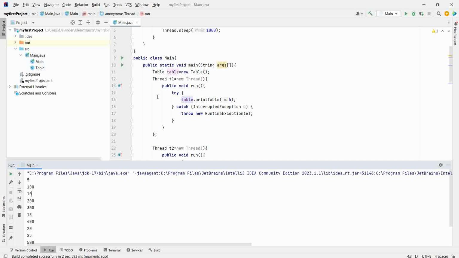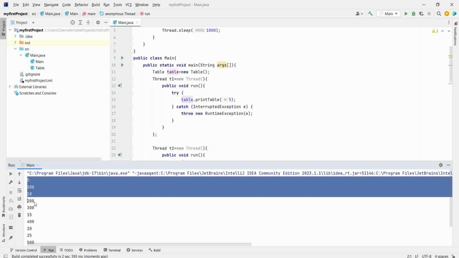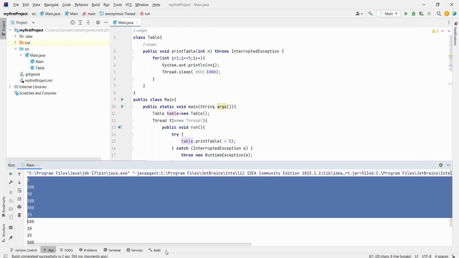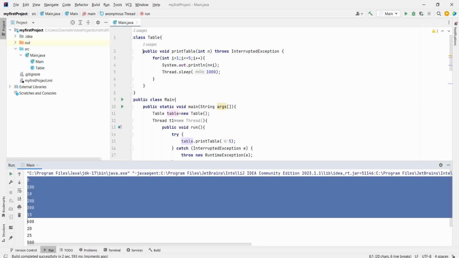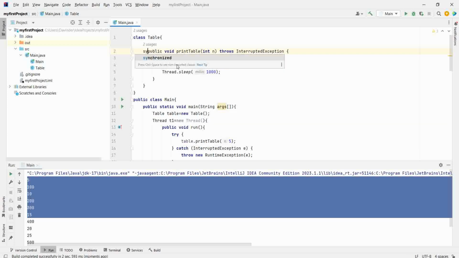Now we use synchronization so that it can behave in the manner that we want. First type is synchronized method. For that we will write synchronized at the method level, that's it. What will happen? It will take the lock for the table object.